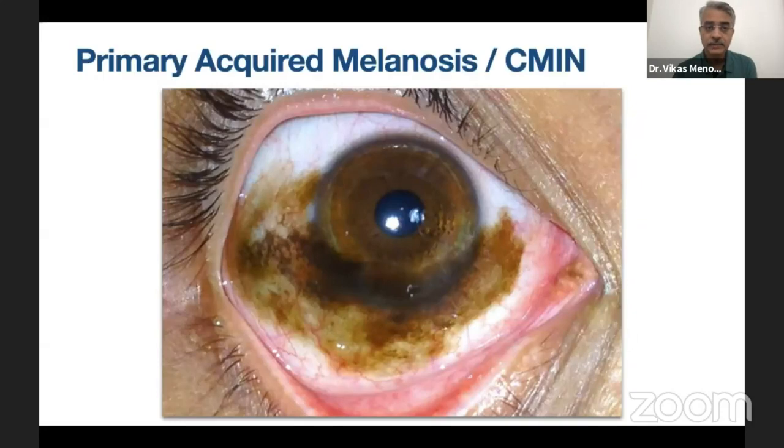Moving on to the next very important type of pigmentation, this is primary acquired melanosis. Primary acquired melanosis is nothing but acquired melanosis which occurs later on in adult life, which is not associated with any predisposing ocular condition or disease or any other type of secondary cause of pigmentation. It just appears on its own and may be a diffuse, irregular kind of brown pigmentation on the ocular surface with ill-defined margins. Sometimes the patient will give a history that it has become smaller or it has grown big again. Now, these are all cases of acquired melanosis, primary acquired melanosis. Nowadays, the term has shifted to CMIN, or conjunctival melanocytic intraepithelial neoplasia.